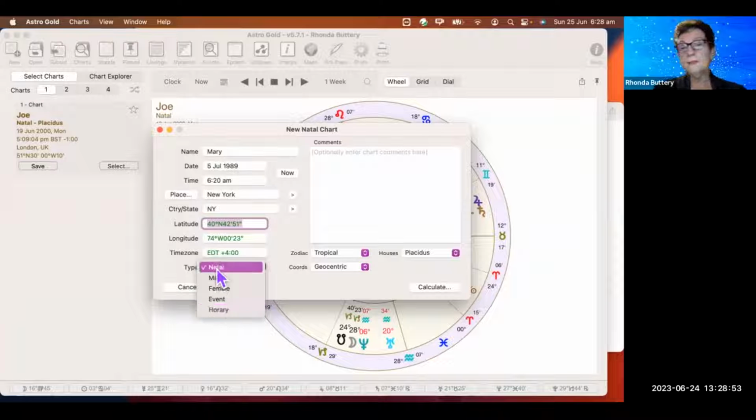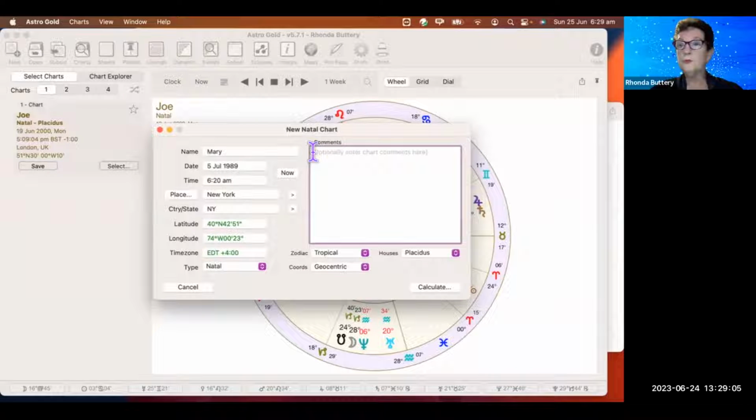So it doesn't matter whether it's, if you don't want to specify gender, natal will do just fine. And you'll see up here Joe's natal as well. So there's no problem with that. We have an option to do comments. So anything you want to know about the client, anything you've told the client, anything they've told you, you can save the information with the chart